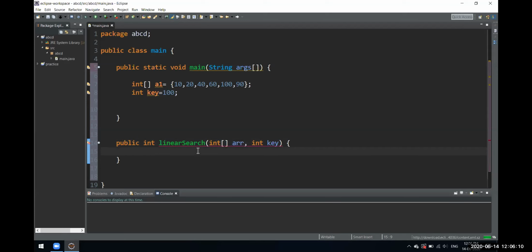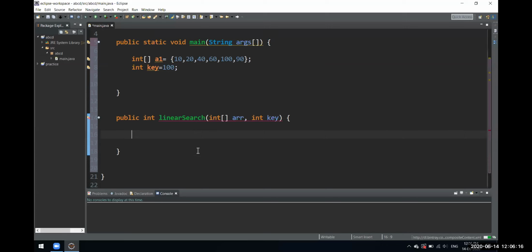This algorithm is very simple, but it is slow compared to the other one. We'll see the other one also, but let's see how we can find that particular element in that array. So what we'll do is have a for loop for that.